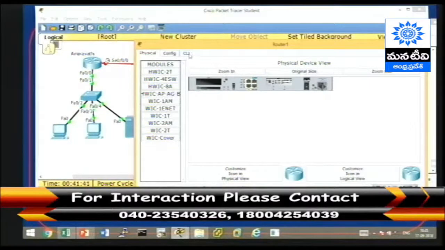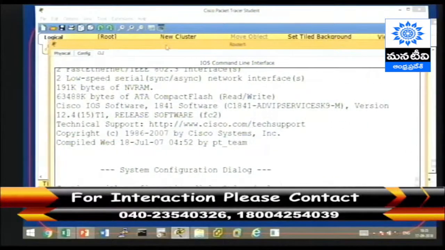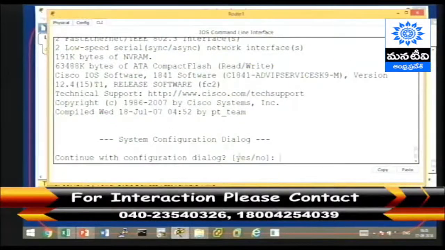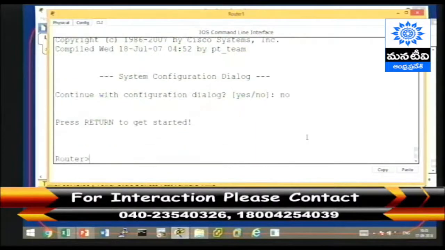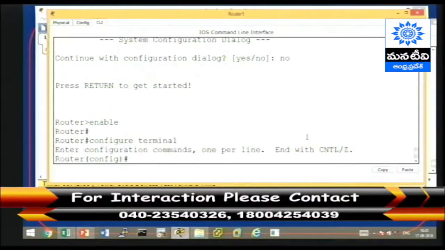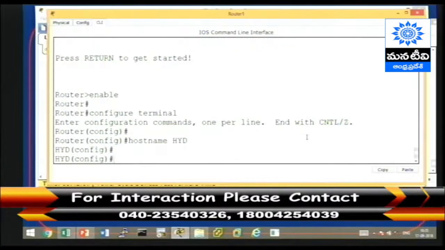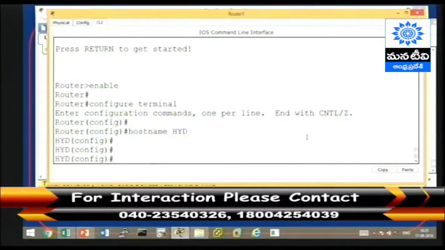and as discussed, we have to choose the option called CLI mode, and then we have the option, do you wish to configure the router, yes or no. So we should choose the option no, and then we come to this basic prompt where we give the command enable and then give the command configure terminal, and then we give the command hostname, and then we give the keyword to represent the name of that particular office network router,